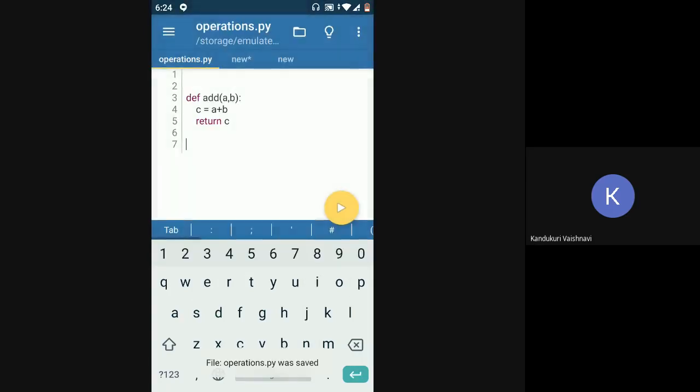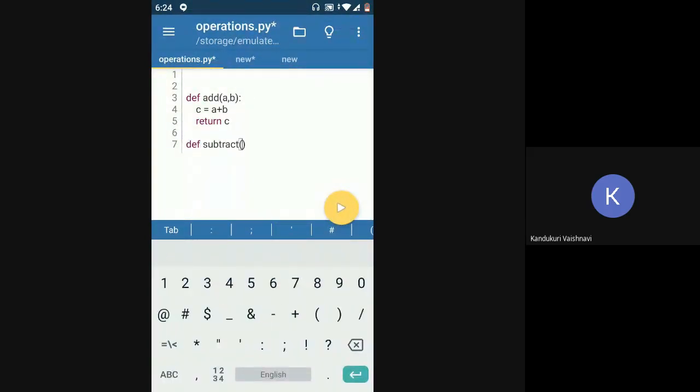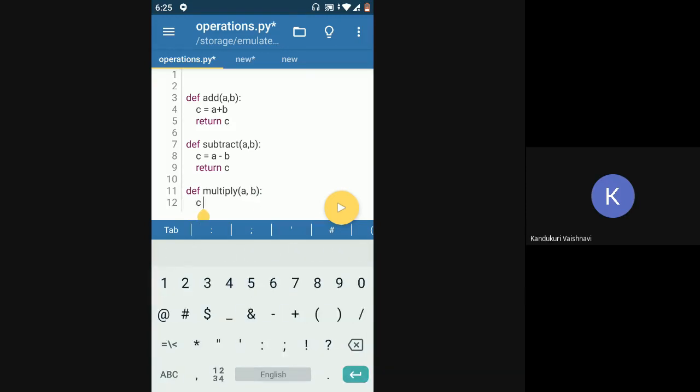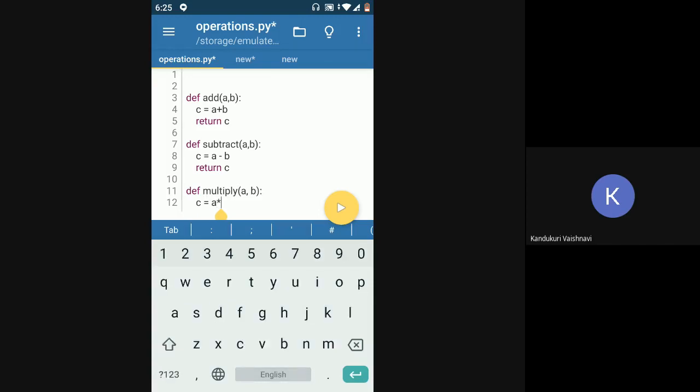Now this operations.py file will have all the operations that are required in a calculator, which is basically add, subtract, multiply, divide, all of those. Then you have multiply, and then you have divide.